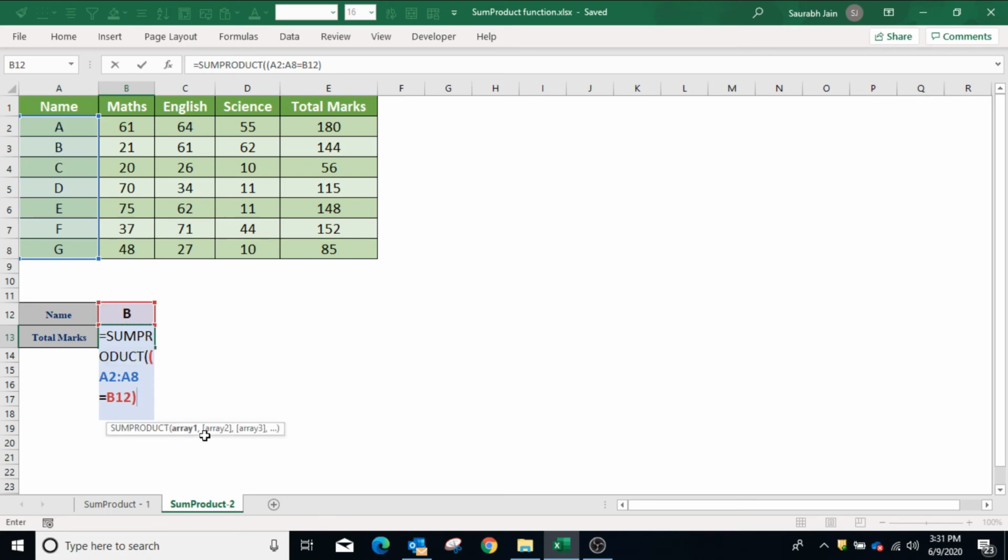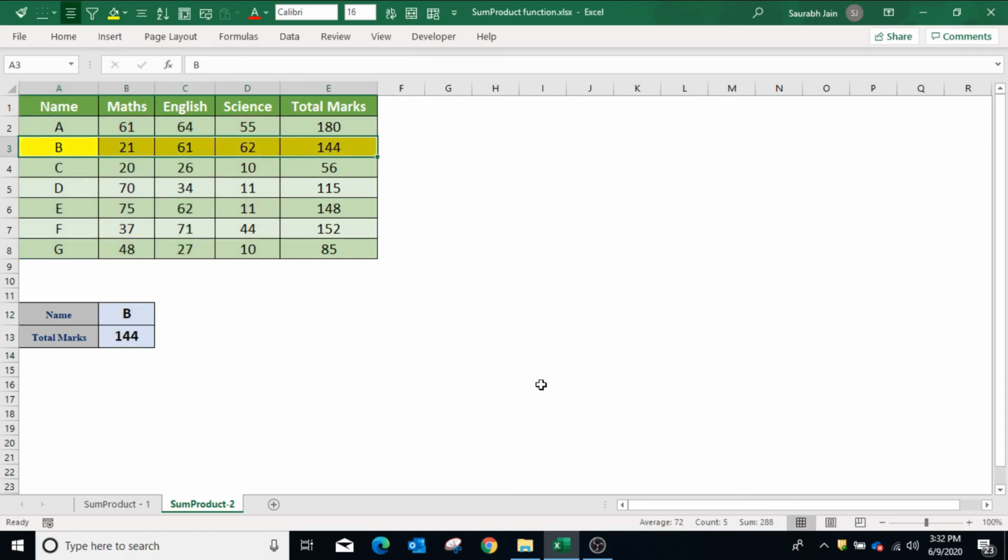Now remember, add double negative sign before bracket, comma, select B2 to B8 plus select C2 to C8 plus D2 to D8. Closing bracket and press enter. The result is the total marks of student B.